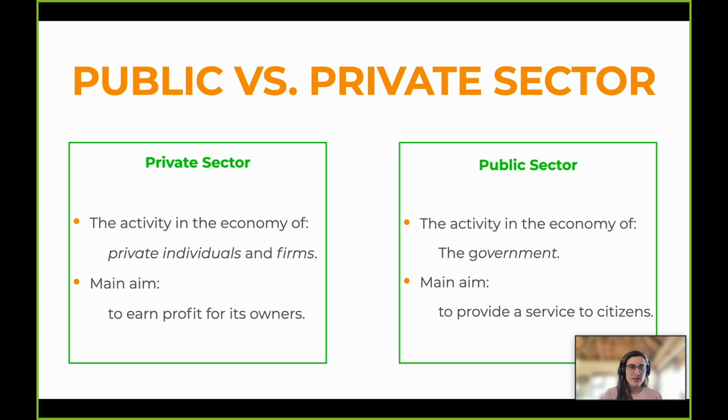The public sector is government owned: government owned companies and government provided goods, and their main aim is not to make a profit. The government doesn't start a company to make a profit. They want to start a company or provide something for the benefit of society. If you think about the NHS, that is government owned, and it's to benefit society with national healthcare. So private sector, private firms; public sector, government firms.